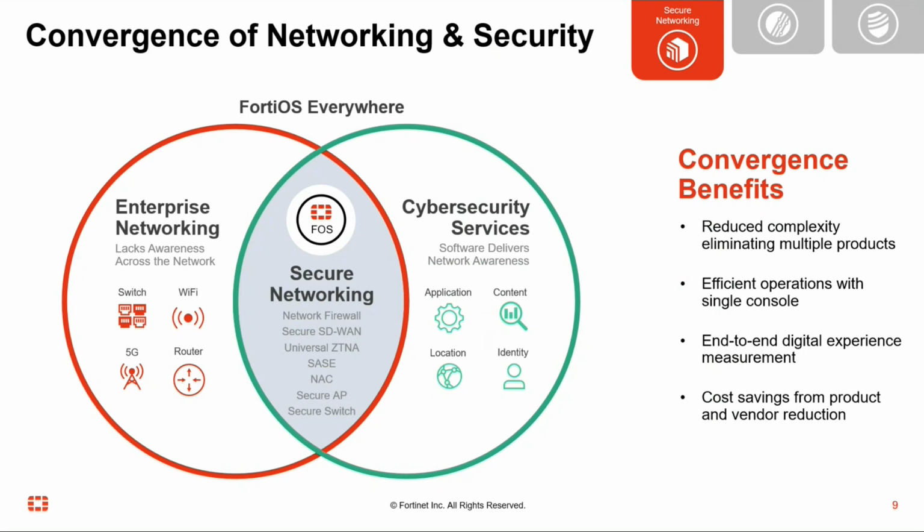So namely from a secure networking perspective, the diagram in the middle shows two different elements. On the left-hand side, we look at enterprise networking. So traditionally, it lacks awareness across the network, lacks awareness in the sense of cybersecurity, threat intelligence, checking the posture assessment of those devices and users as they connect into the network. Well, from a Fortinet perspective, we can cover that in a variety of different ways. One is with our switching portfolio. So from a wired perspective, those devices can be corporate devices, desktop devices, printers, but they can also be IoT or potentially OT type devices, depending on the environment.